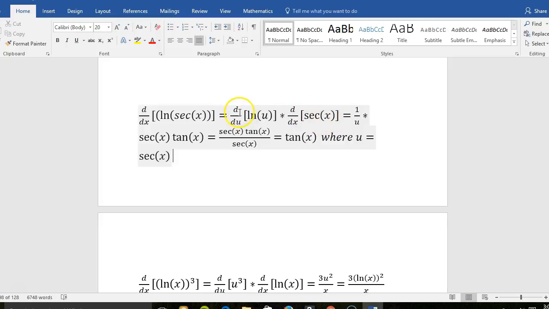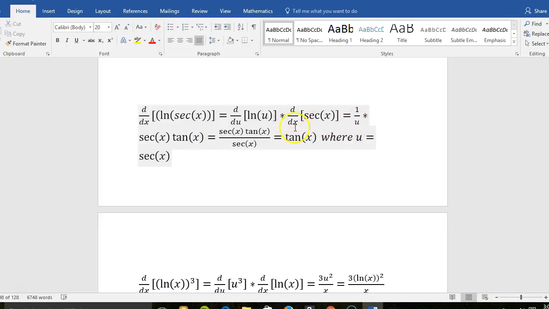Okay, but now guys, remember, the derivative with respect to u of the natural log of u is 1 over u. Remember, if I didn't tell you this before, I should have. The derivative of the natural log with respect to that variable is just 1 over that variable. I didn't prove that at all. I'm just having you take that on faith, so to speak. When you get to advanced calc, you'll get to prove that. But just take my word for it that the derivative of the natural log of u is 1 over u,